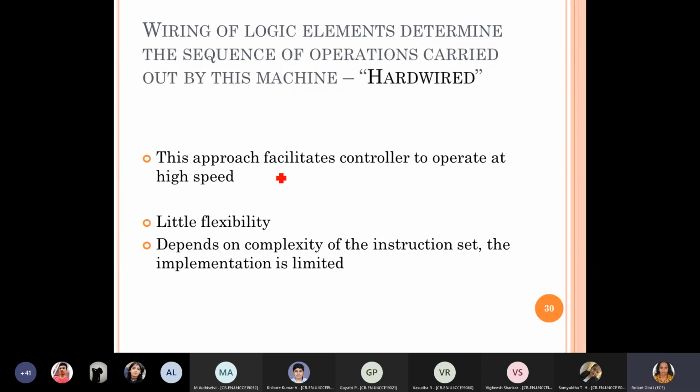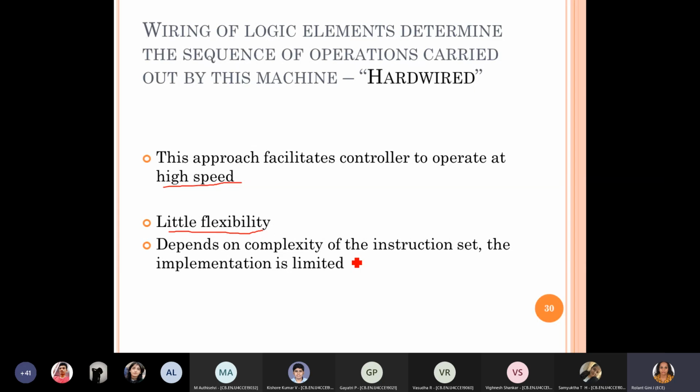So hardwired control is naturally very robust. If you come up with a single component like a PLA, it will be a very robust design, because a single IC is not a problem. Even if it goes off, you can replace it very easily, right? And the hardwired control allows you to operate at high speed, right? But since it's completely a hardware based design, very little flexibility is there. If you want to go for an upgrade or do some changes, you have to bring in hardware modifications, right? Not like software where the hardware can remain the same, you just upgrade it. That won't be possible, right?